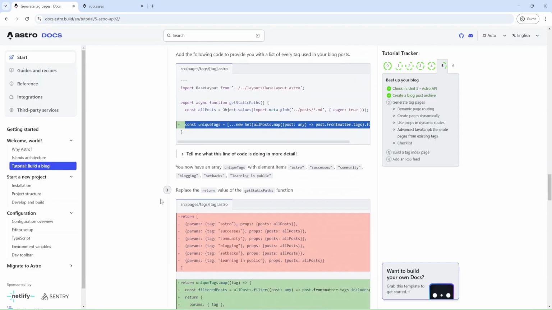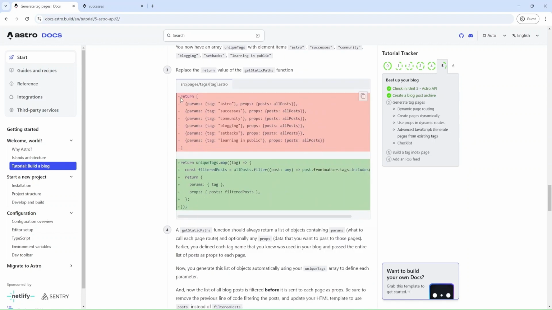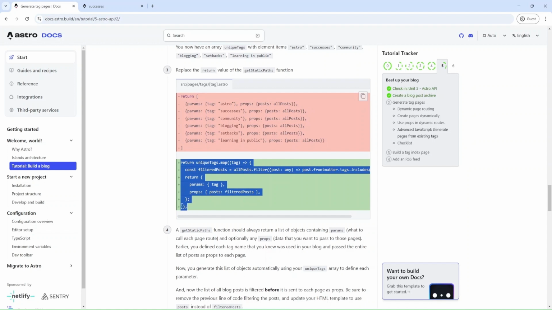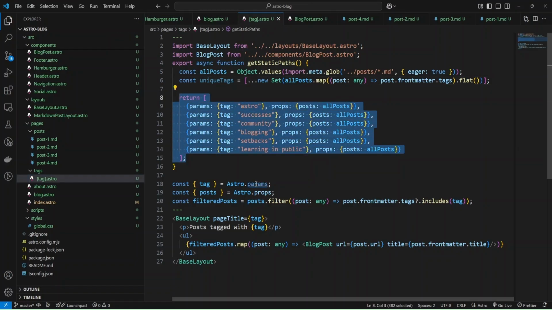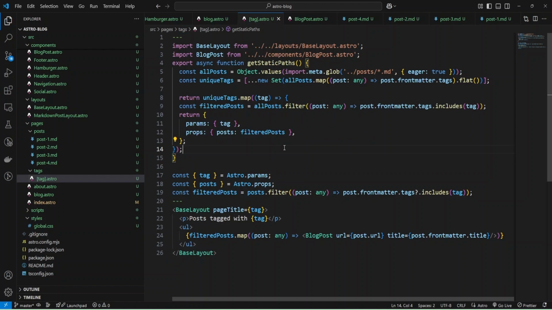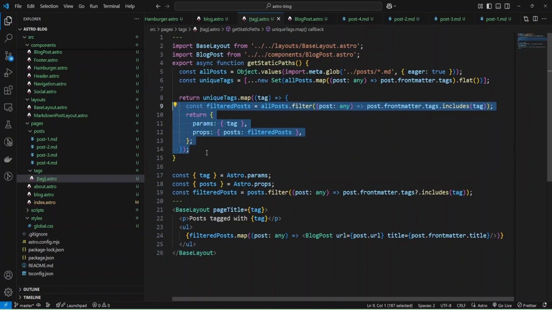Okay, let's move on. Now we can replace this code with our code that uses our variable. Okay, and I'll pass it here, and we'll add some spaces.